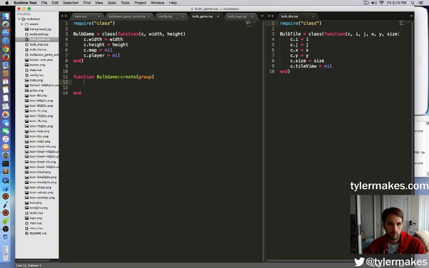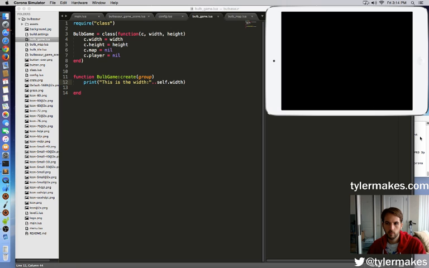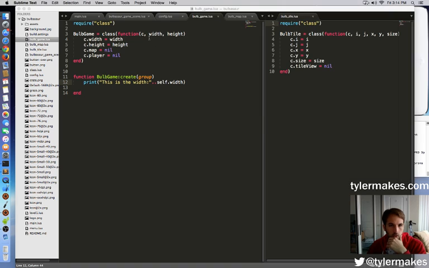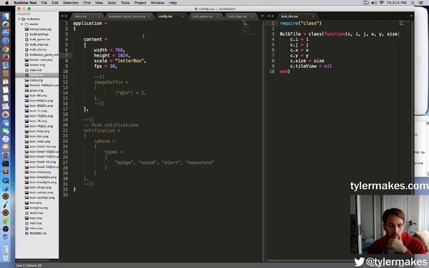So when we do this, it's going to be things like self.width. For instance, we're going to print and add the width, and that should hopefully fix what we have here. Cool. And see, it has the width of 1024. So where did that come from? That came from right here in the config, 1024,